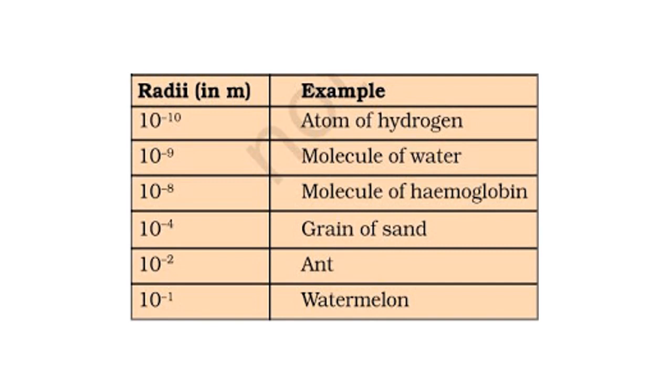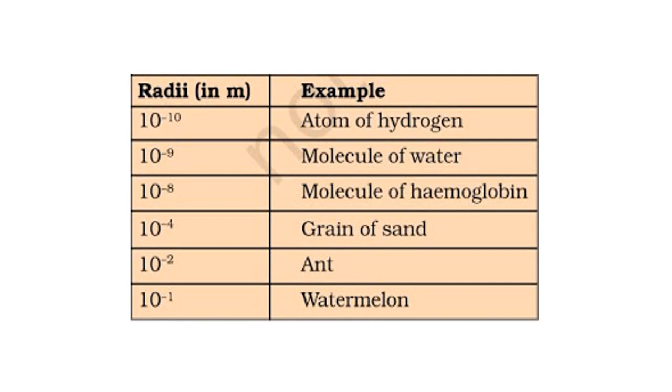There is a conversion factor between meter and nanometer. 1 meter is equal to 10 to the power 9 nanometers. That means 1 nanometer is equal to 1 by 10 to the power of 9 meters. So small it is. Because atoms are small, therefore we use the nanometer unit to express the size of an atom. I think you might have heard about nanotechnology, the technology of the small. So nano refers to the very small.